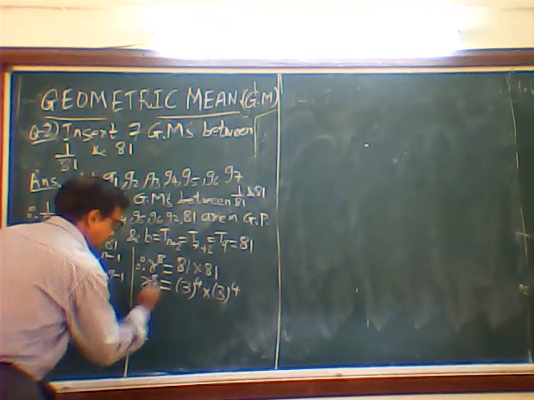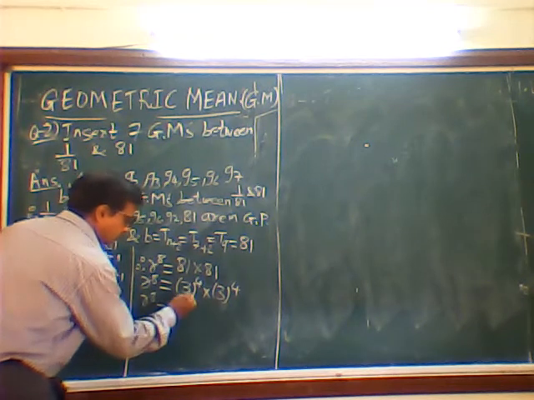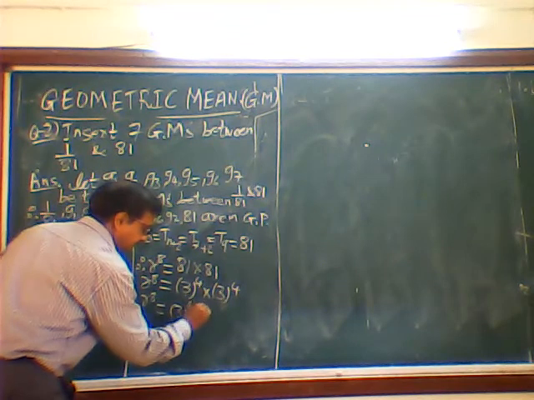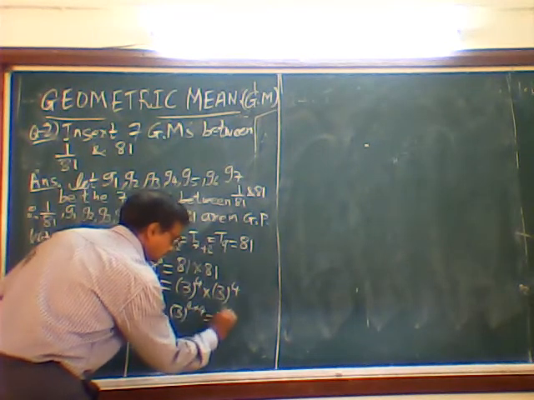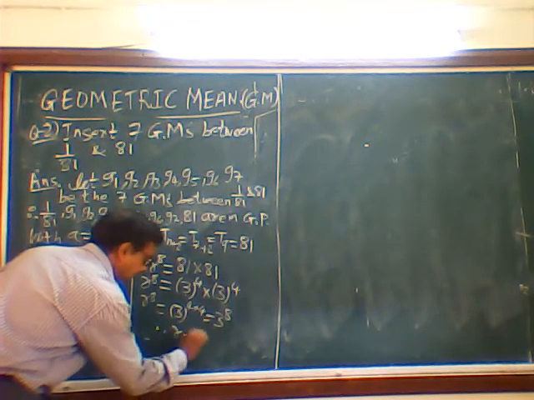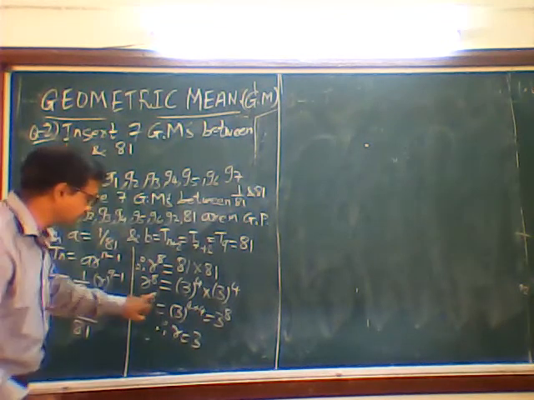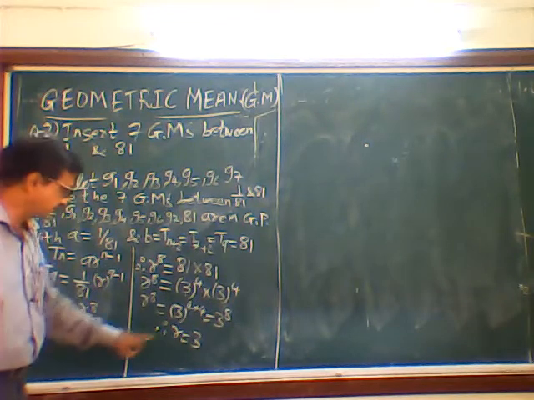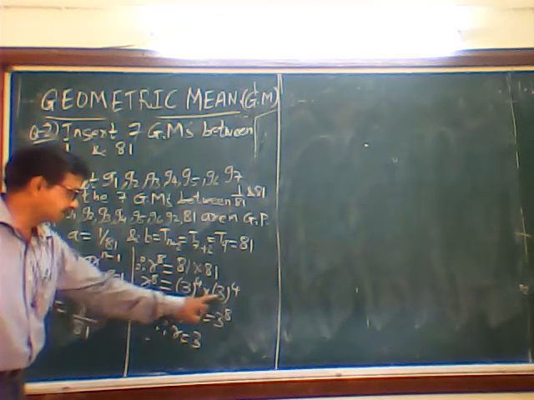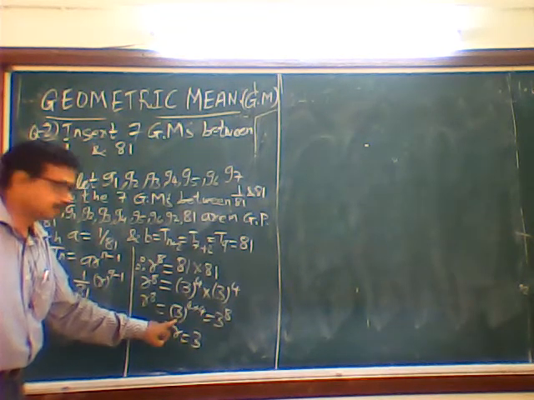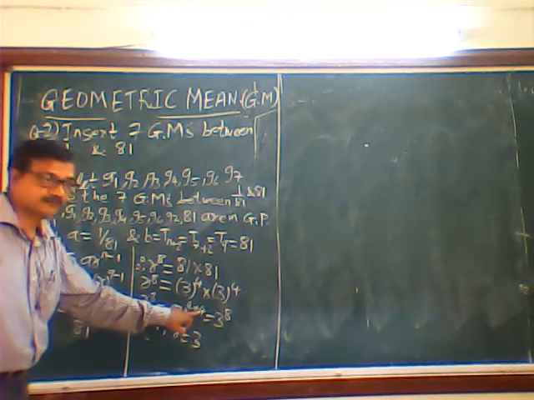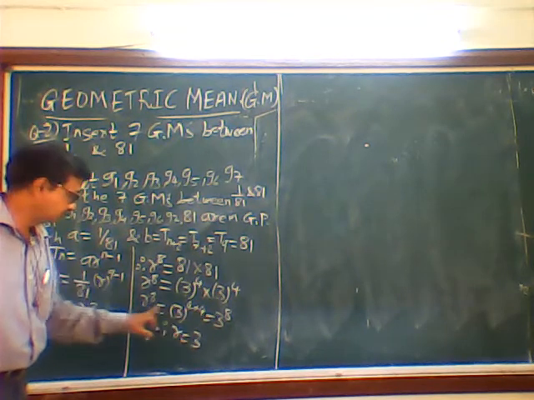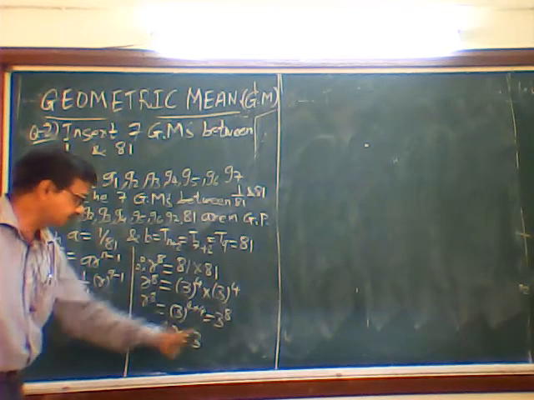Got it? So r raised to 8 is equal to, now here base is common, 3, 4 plus 4, theory of indices, it will become what? 3 raised to 8. We are going to compare the index power. r raised to 8 is equal to 3 raised to 8. Therefore, r will be 3. See, here base is common 3, that's why I have to write it only once. And the top will be what? 4 plus 4, that is 8. Not 4 into 4, it will be 4 plus 4. So 8, and you will compare, r will be 3.